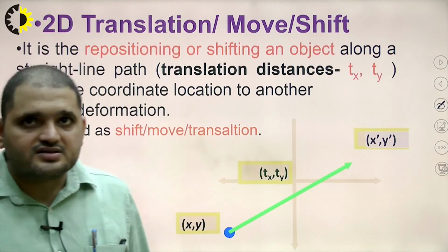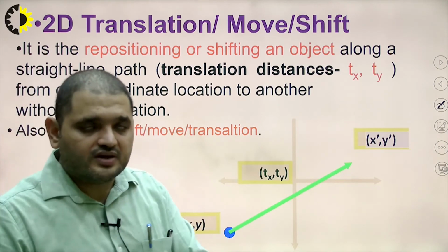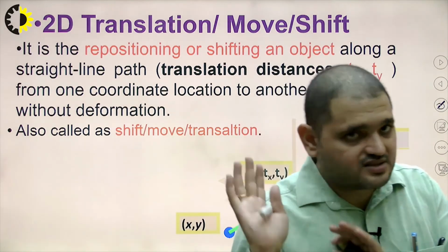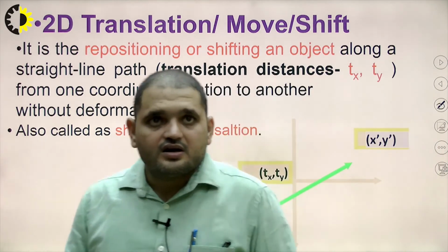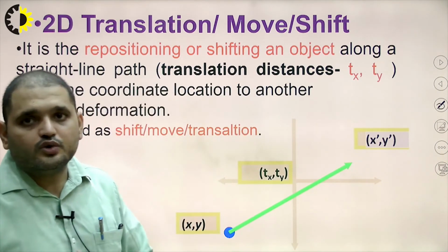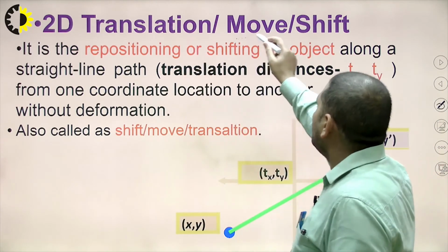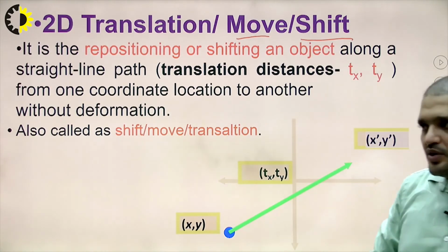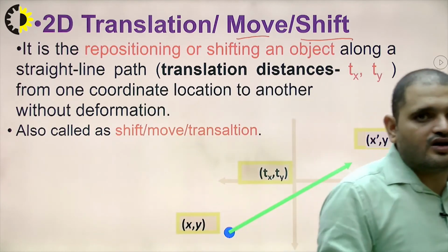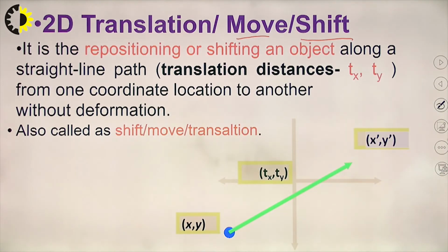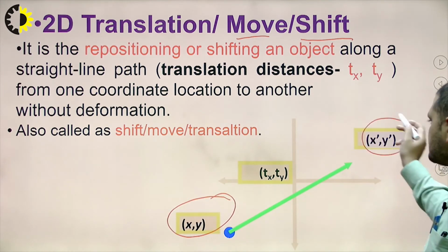Starting with the first one, that is 2D translation. We can call it move, or we can call it shift. What do we do in this translation? Actually we have to move something. From the name itself, if we have to move or shift some point from one position to another position, then we are doing a transformation which we call translation. So how can that transformation be done? Let's say a point is to be moved, that is xy, to the new position x dash y dash.